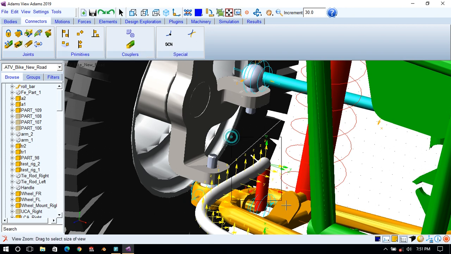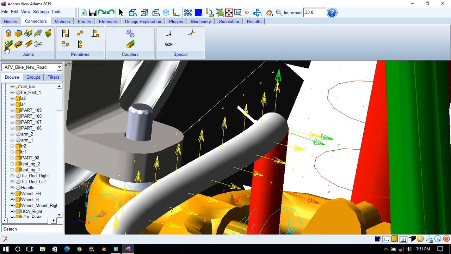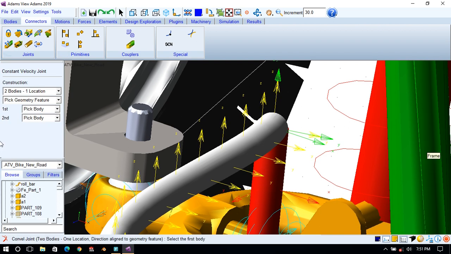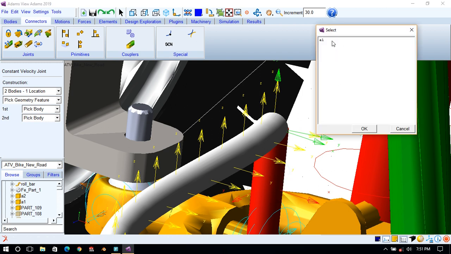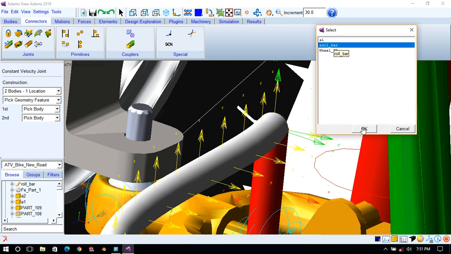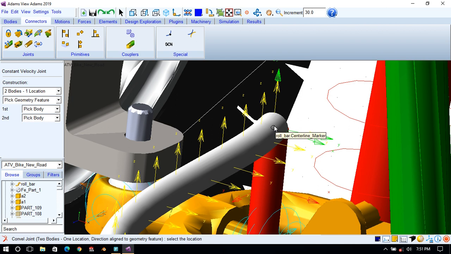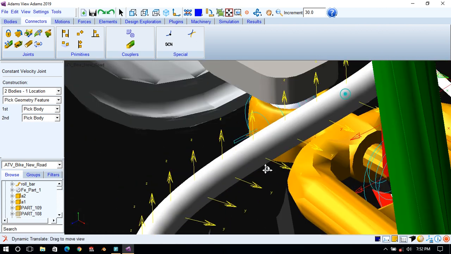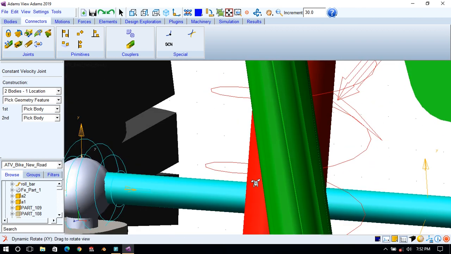Working will be the same, but we will prefer CV joint. So click here, CV joint. It is asking us to select the first body. So first body is A1, this arm R1. Second body is the roll bar, I have given this name. Location will be at the starting point of the roll bar.